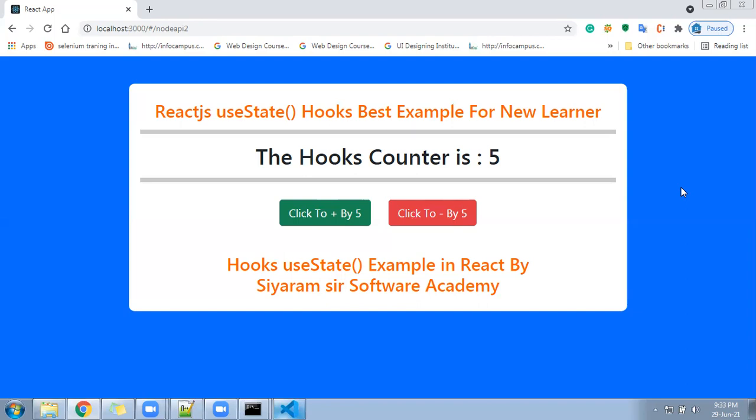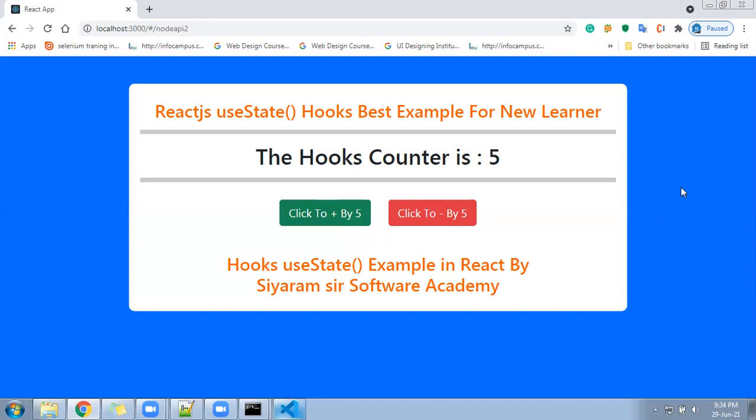When you come under React, it's called a reusable component. When we create a component, we have two types of methods to create it. Basically, one is class based, and another one is function based. When we work on class based, we should have a little knowledge of OOPs, inheritance, and how to create an object of the class. Those things we need to know. And then we come to the new feature of React, that is called hooks.